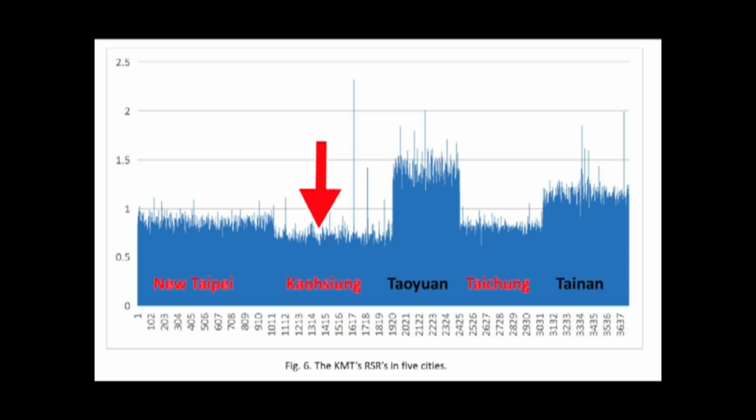I also want viewers to pay close attention to a few areas in Kaohsiung. In Kaohsiung, KMT support decreased the most. However, there are a few areas where they didn't. You can see 2 lines that went above 1 by about, say, like 10%, and we see another line that's close to 50%, and we see a line above 2, which is about an increase of 240% for the KMT in that area. So it's very, very strange that there are about 4 areas in Kaohsiung that saw a moderate to very large increase in KMT support, yet the rest of Kaohsiung you see just a very, very huge drop